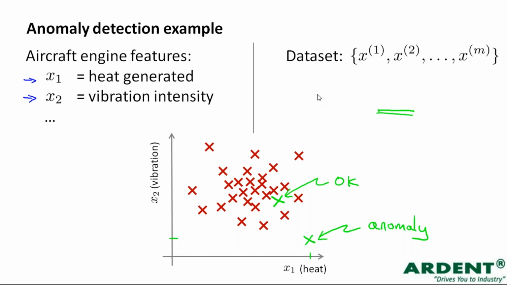Okay. So here as you can see, the maroon crosses are basically okay, and one green cross inside the maroon cross is also okay. That is also perfect within the data set. But can you see there is one green cross lying at the end? That is basically an anomaly. So what is actually anomaly and what is anomaly detection? See, anomaly detection, from the name what do we understand